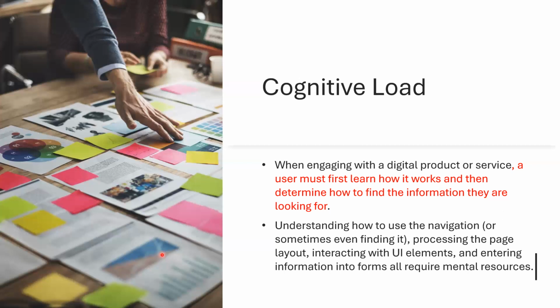So theoretically, when engaging with a digital product, a service, a mobile app, or a website, a user must first learn how it works, right? This is very true for a first time user. We need to understand, we need to interpret, and then we make a decision about what to do. Then they will determine how to find the information, what actions are available, and many other things, right? So understanding how to use the navigation or the menu, processing the page layout, how you organize the information on a particular website,